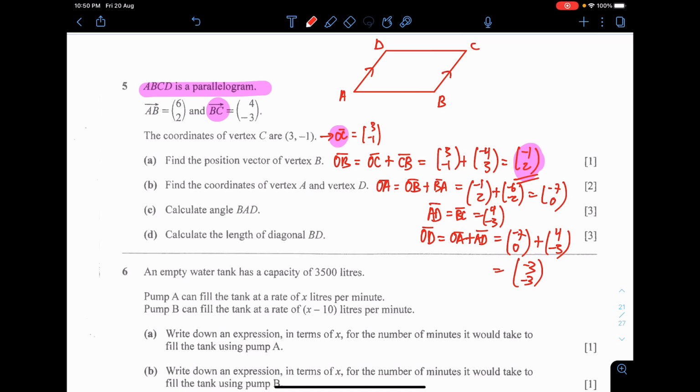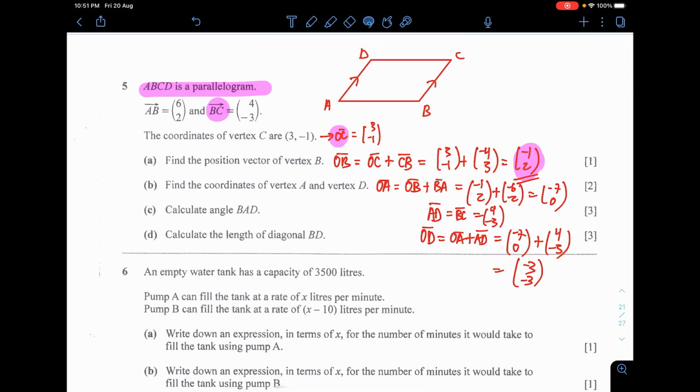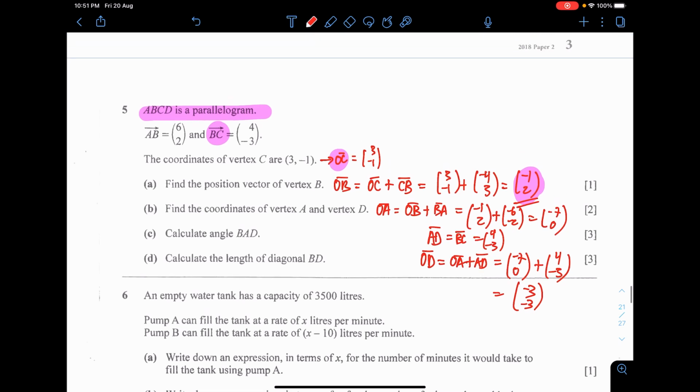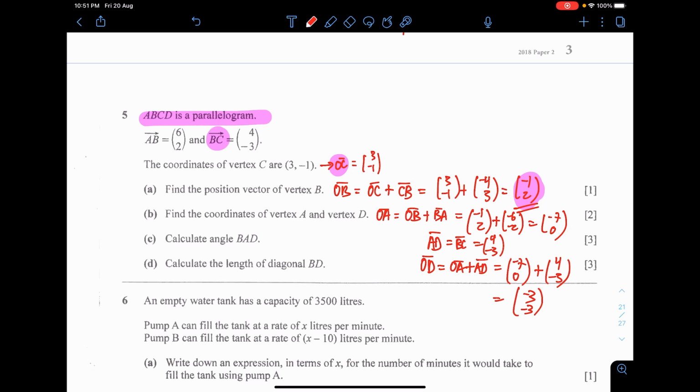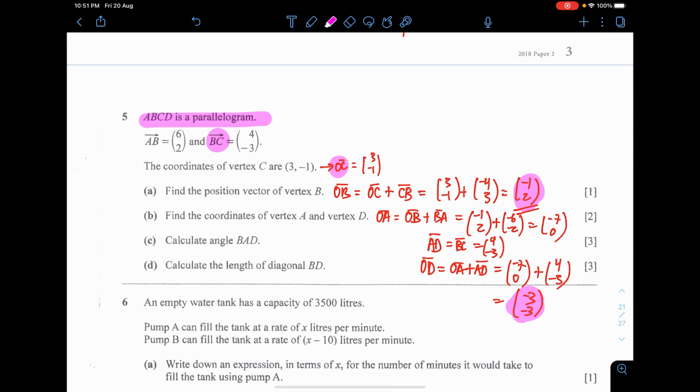Okay, you know what? This question actually reminds me of an A-Maths question. Honestly, I don't think it's actually a good question to be asked in vector. You'll need to use some geometry here in order to get the final answer, and I think it's a bit difficult. I highlighted all the important points, A, B, C, D.